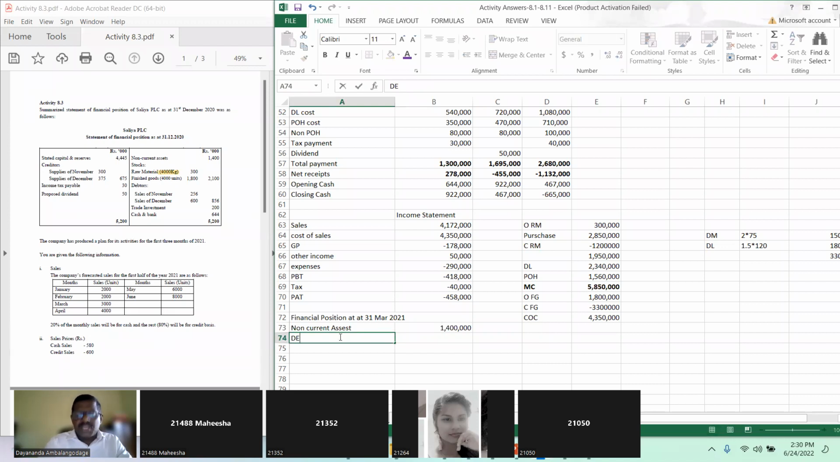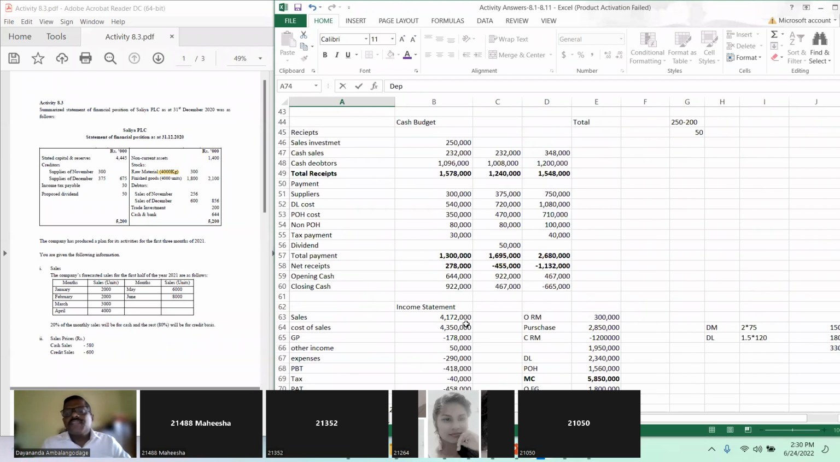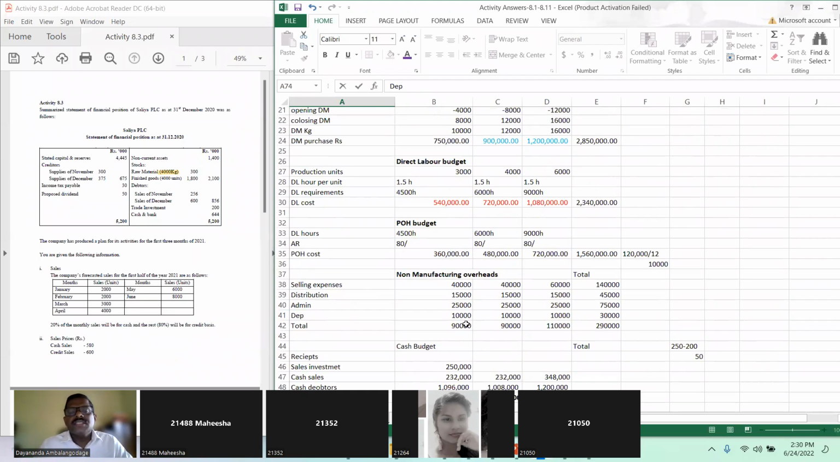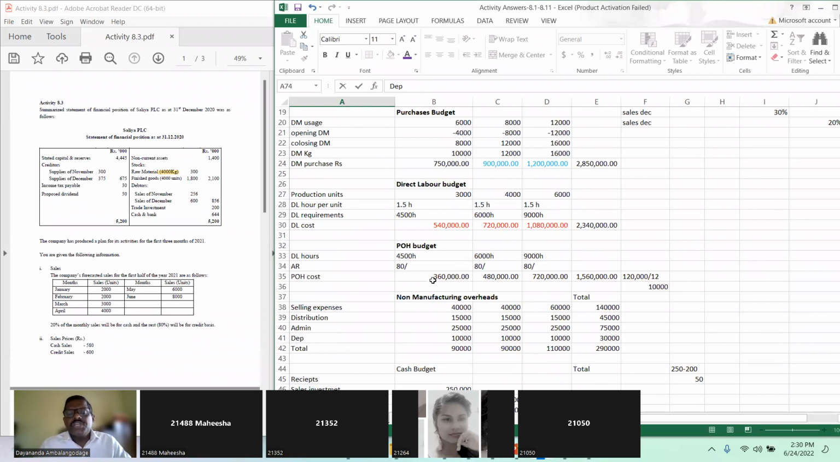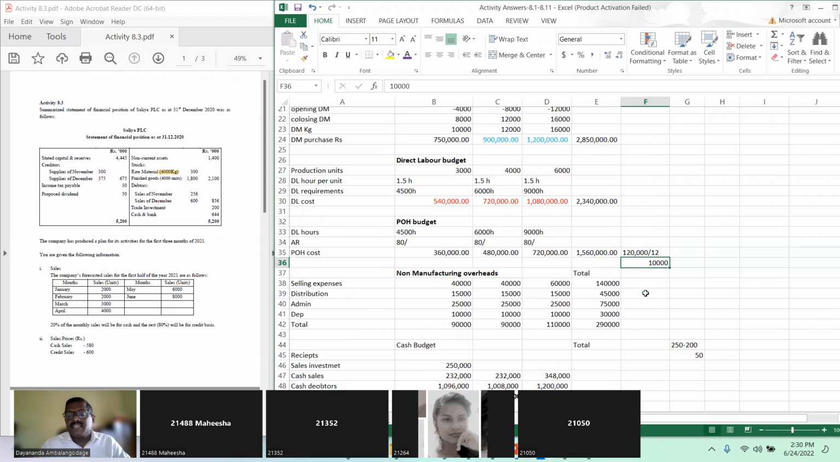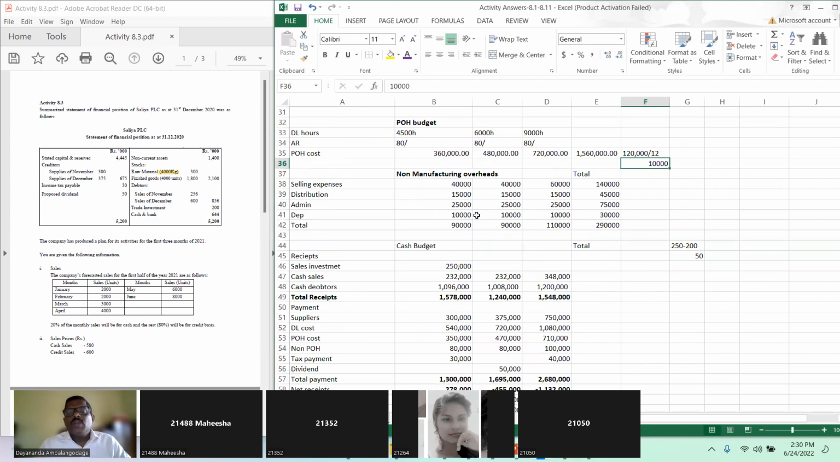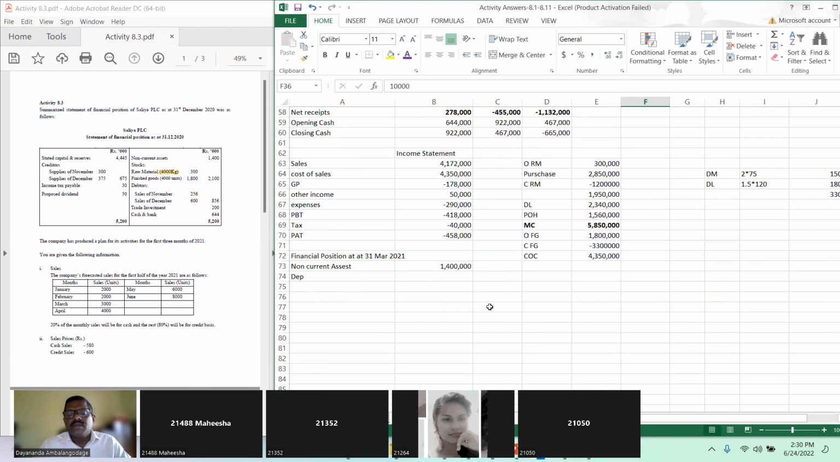Less depreciation. We have to take the depreciation. You may remember we had depreciation in 2 places. Depreciation in the production overhead is 10,000 for a month, so 30 for 3 months, and also non-manufacturing another 30, altogether 60. So you minus 60,000 depreciation, and you get the net book value of